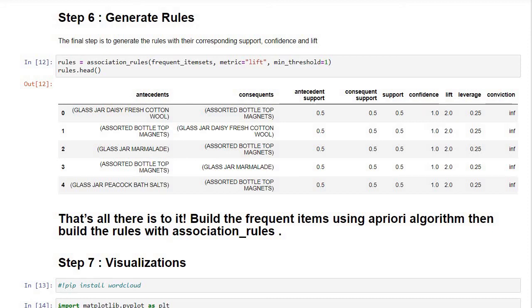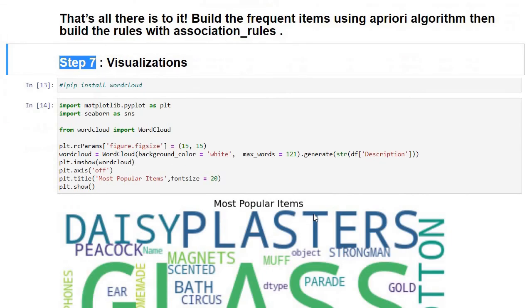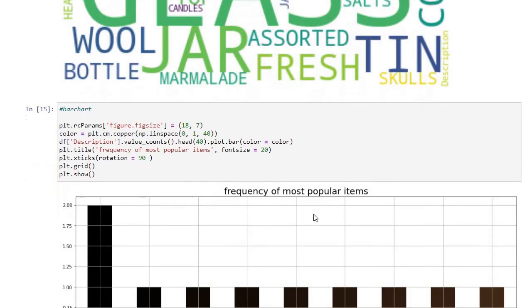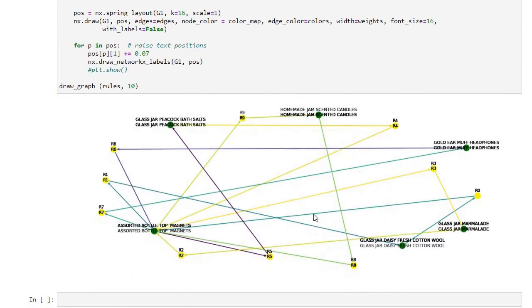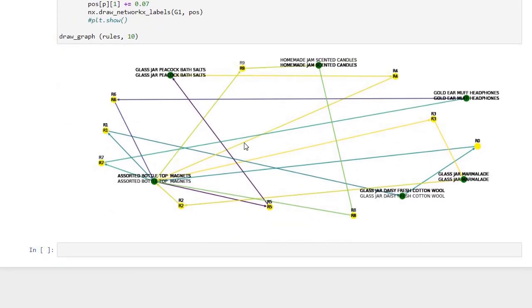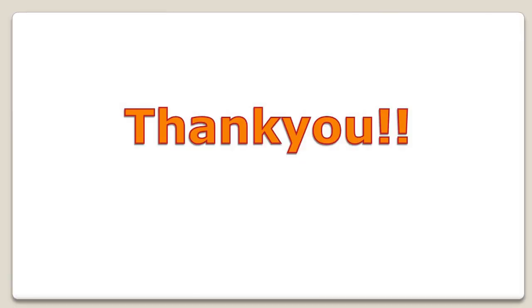I will also display some of the visuals that we can create to better analyze our data. The most important visual that I want you to replicate is the association visual. Here, look at this. Doesn't it look nice? I have given the link to this notebook in the description bar. You can download it if you want, along with the dataset that is used.